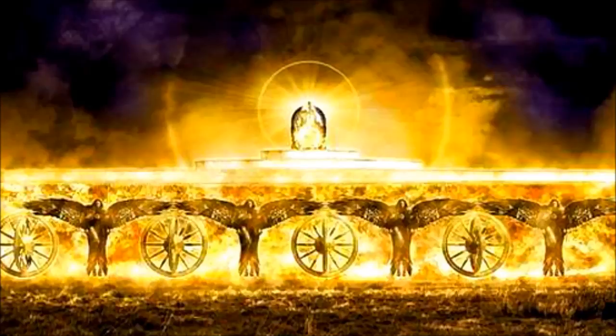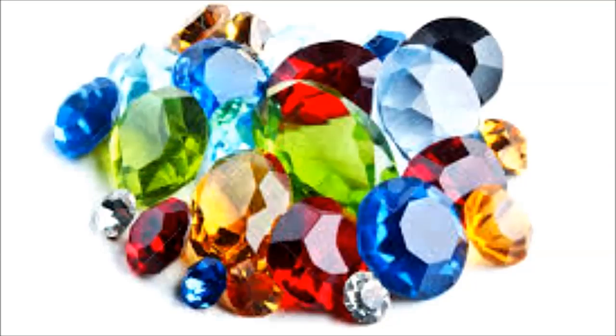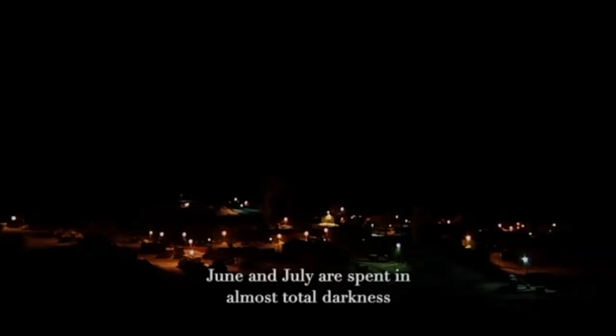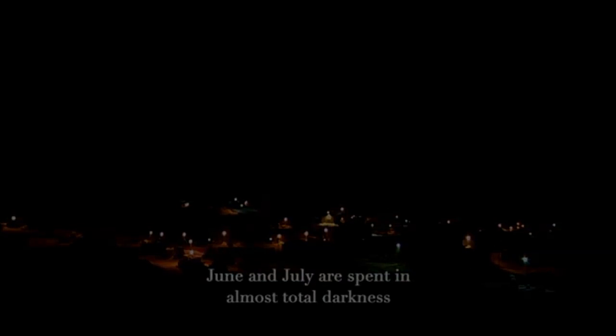Ezekiel 28:13, "You were in Eden, the garden of God. Every precious stone was your covering: the sardius, topaz, and diamond, beryl, onyx, and jasper, sapphire, turquoise, and emerald with gold. The workmanship of your timbrels and pipes was prepared for you on the day you were created." Lucifer. Revelation 21:19, "And the foundations of the wall of the city were adorned with all kinds of precious stones. The first foundation was jasper,"